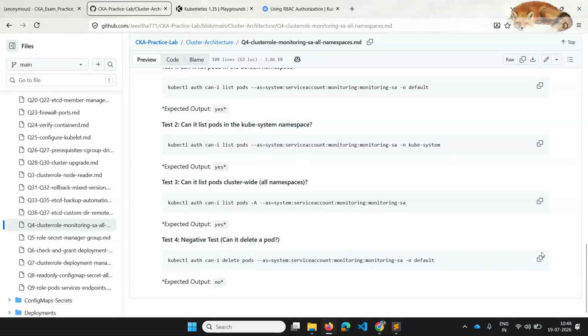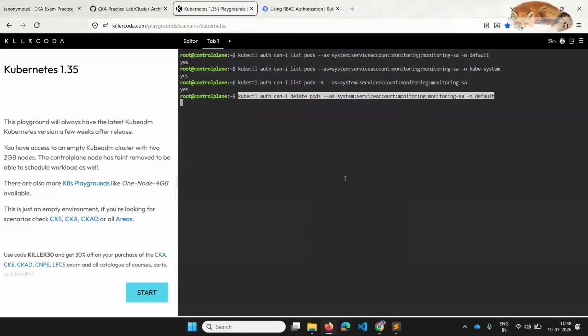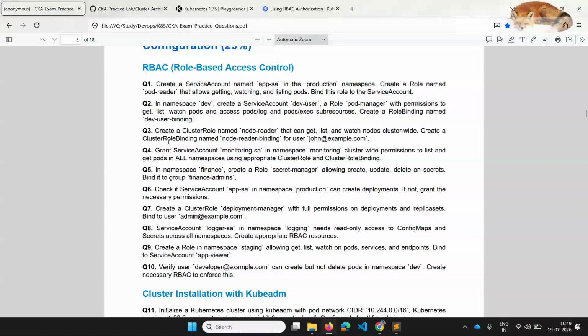But can you do a delete operation on pods, which we have not specified in the cluster role? It shows no, you can't perform the delete operation on the pods because you have not given that access in the role. So yes, that's all from the solution for this